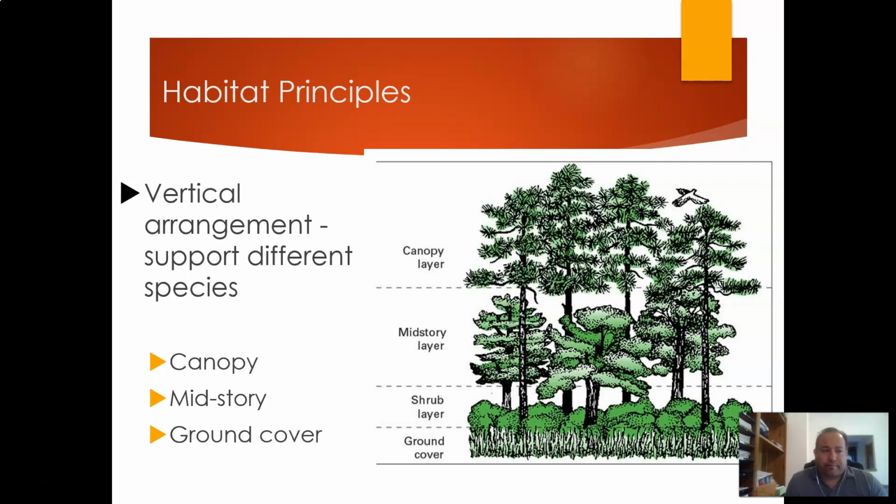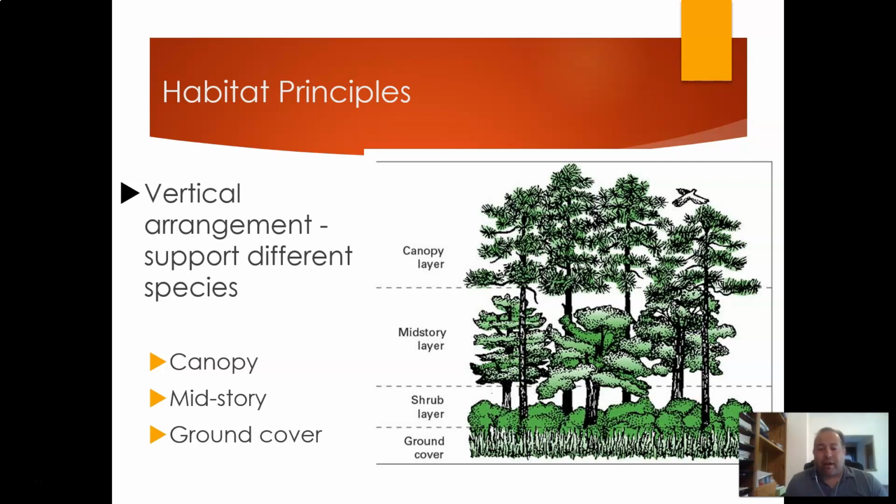you also get squirrels and other small mammals who might be having their nesting areas up above because they're trying to escape predators down on the ground and in the shrub layers. Or even depending on how big your midstory is, that might be a lot of the cover that's being used for larger mammals like deer and elk, areas that they'll be